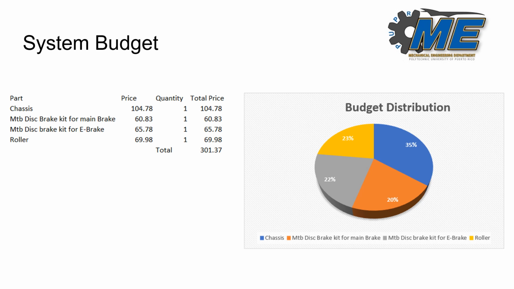The system budget changes drastically from the $14,000 that is expected from the project on a full scale. Right now, most of the cost is going to go to the fabrication of the chassis component, that being $104.78. The two brake systems are $60.83 for the main brake and $65.78 for the e-brake. Finally, the roller is